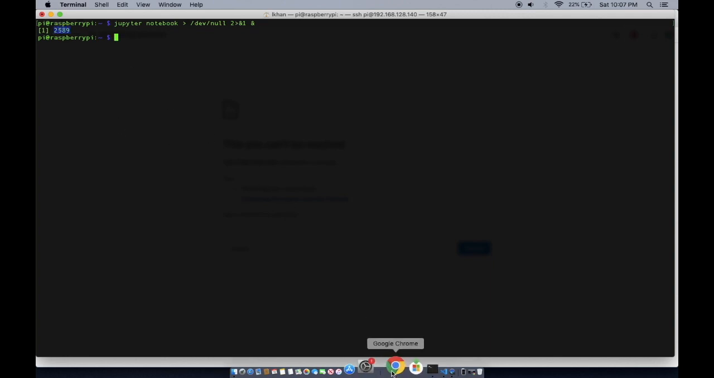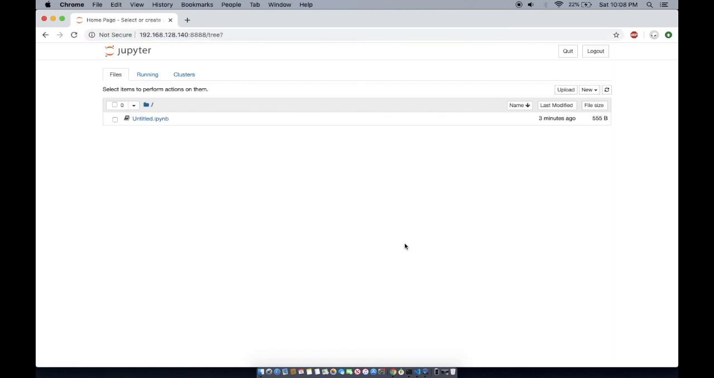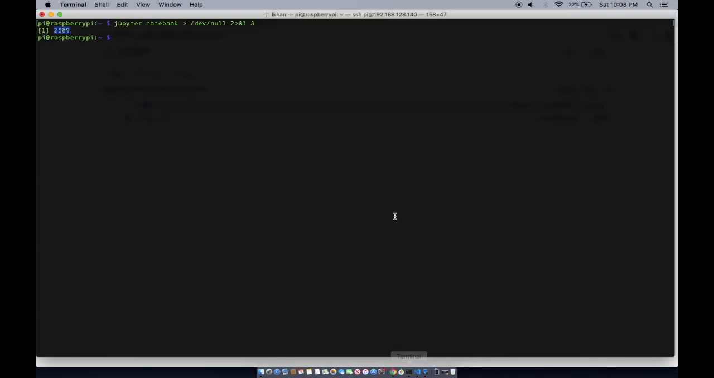Now you can go into your browser, type in your IP address and the port, and you should be able to access it, which is great. But I see two problems with it. One,